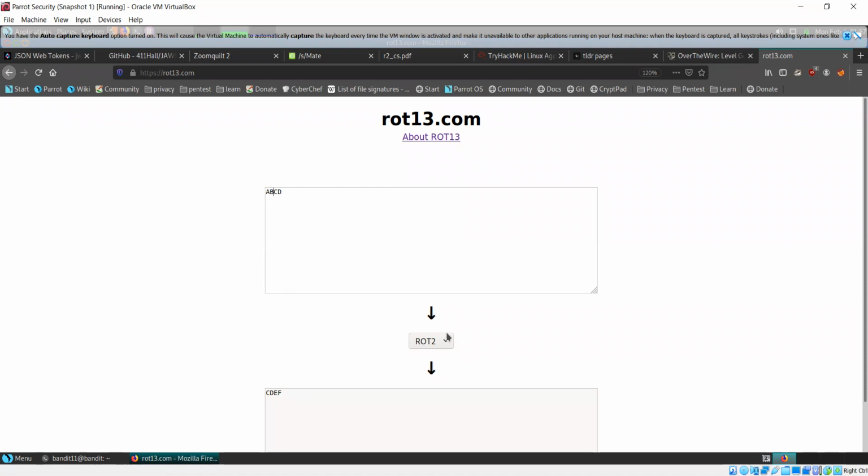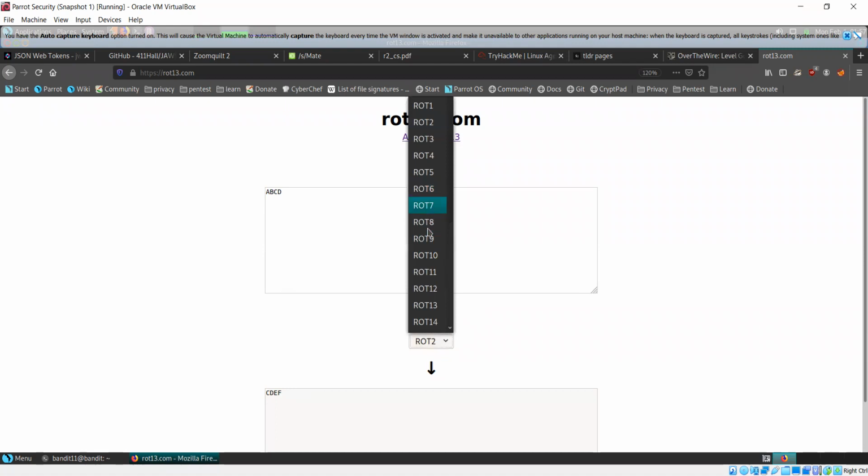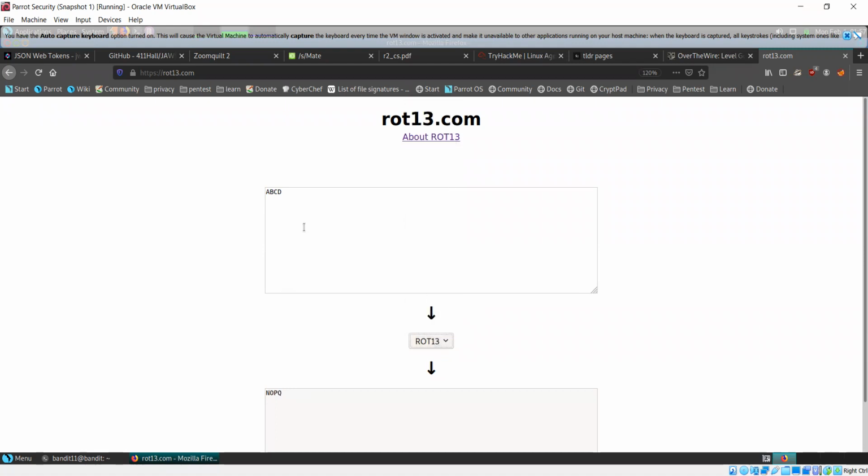Similarly, if I do rot13, then all characters are rotated or shifted by 13 positions. So A becomes N, B becomes O, and so on. And when you reach Z, we loop around and come back to A. So what you can do to solve this type of thing is